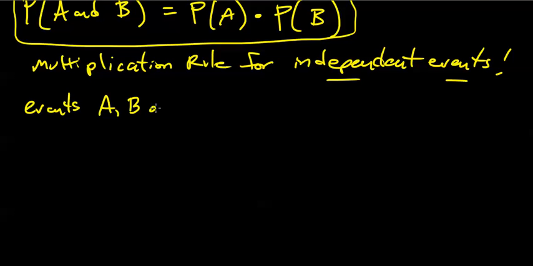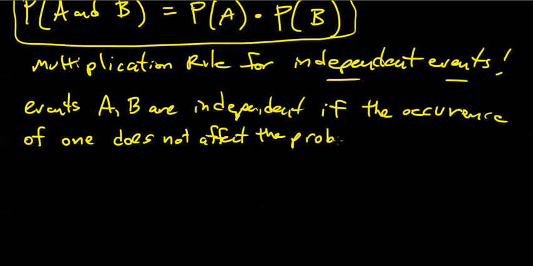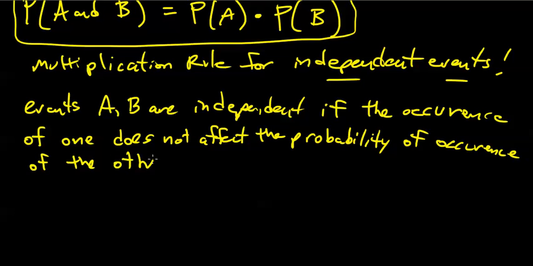Events A and B are independent if the occurrence of one of the events, either A or B, does not affect the probability of occurrence of the other event. Okay? So events A and B are independent if the occurrence of one does not affect the probability of occurrence of the other,